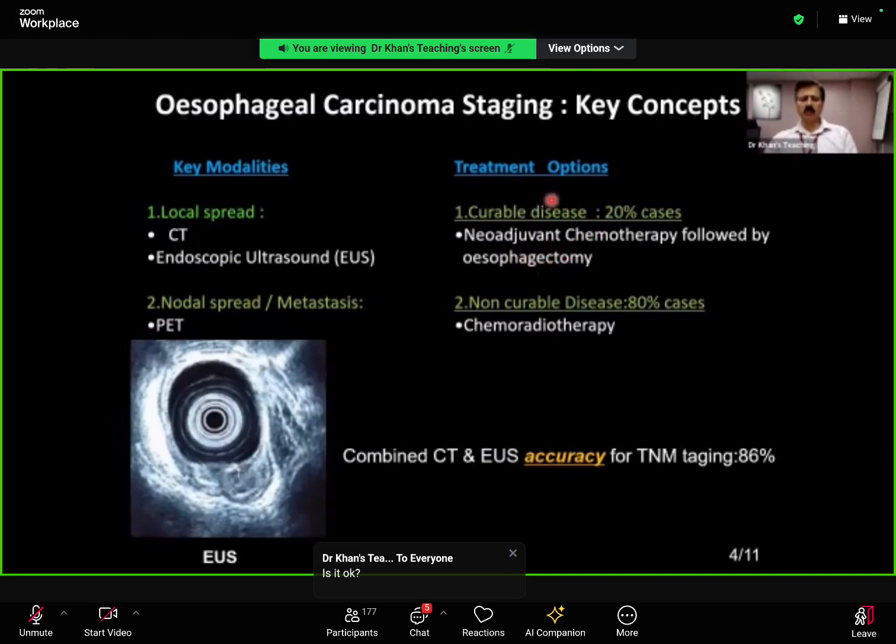Nobody is going to ask you. This is just for your knowledge. And combined CT and ultrasound, EUS has got quite a good 86% accuracy. Now,